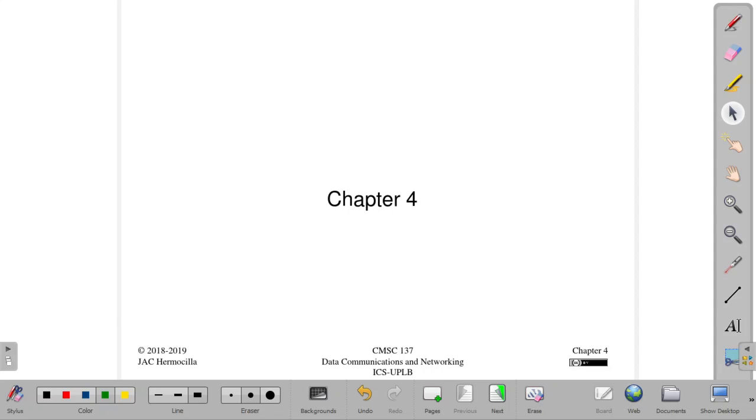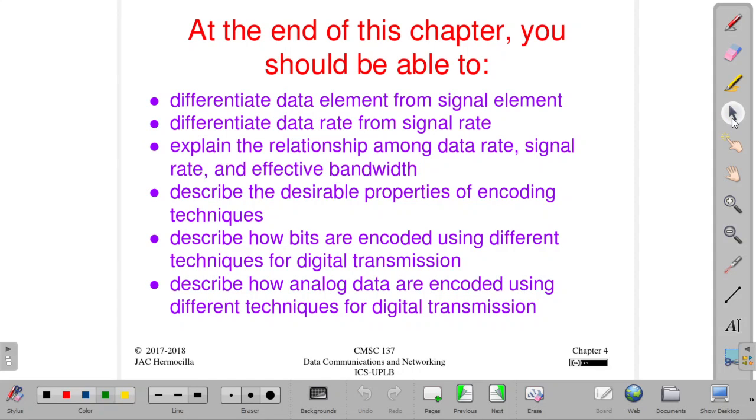So we're now into chapter 4, which is digital transmission, and this will be the focus of this chapter. From the objectives, we have the following. First, you should be able to differentiate